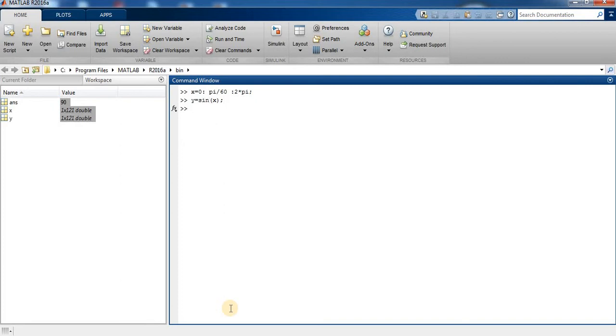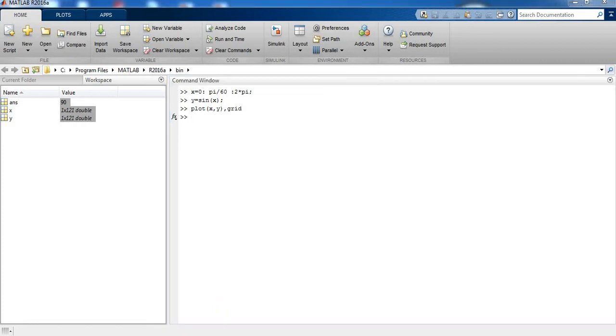Press enter. Now we plot this function by command plot x comma y comma grid. Press enter.